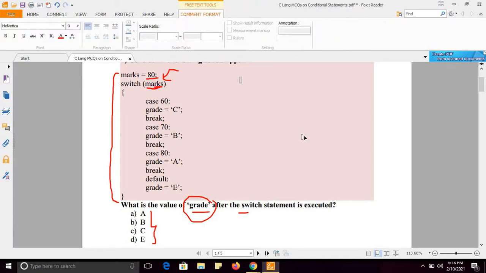Let me tell you the basic syntax of switch case. Switch, and here expression is passed and there are cases.